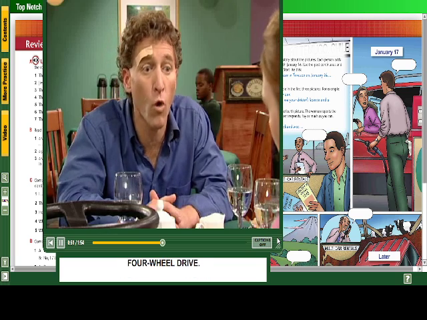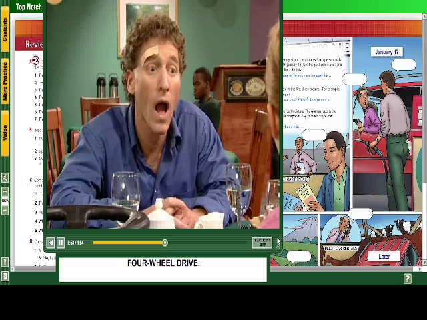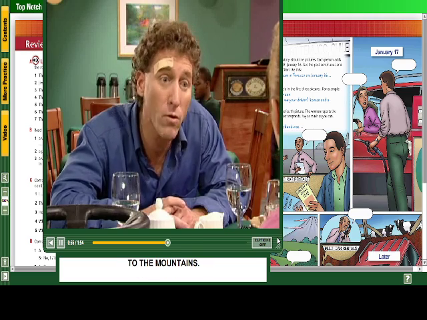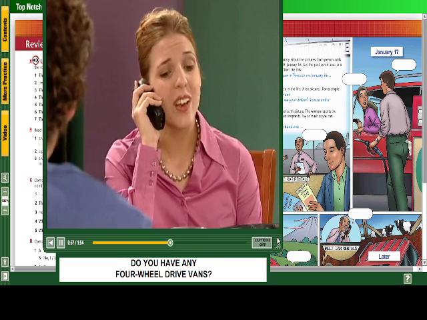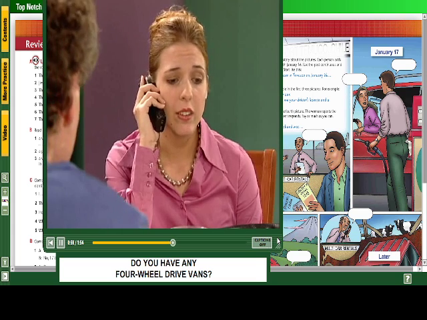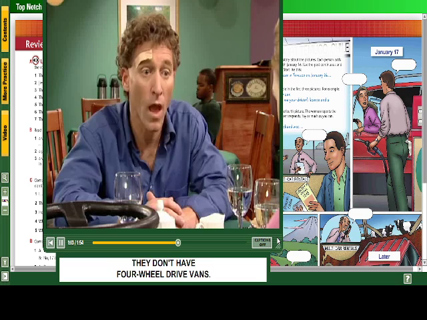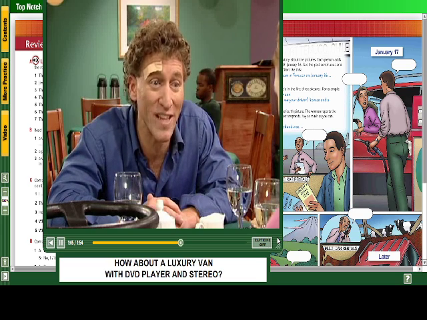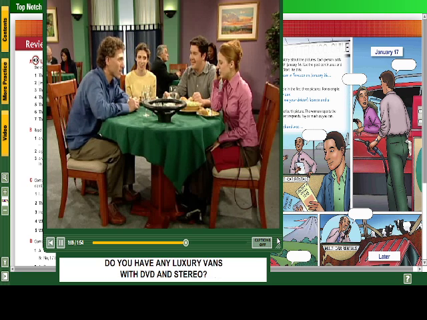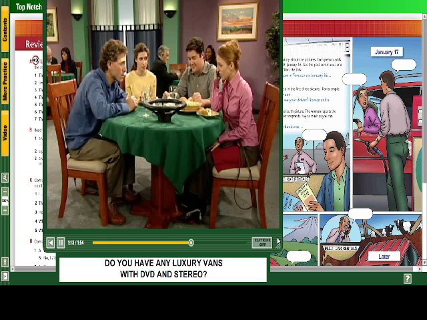Great. 4-wheel drive. I could take the group from France to the mountains. Do you have any 4-wheel drive vans? They don't have 4-wheel drive vans. How about a luxury van with DVD player and stereo? Do you have any luxury vans with DVD and stereo?